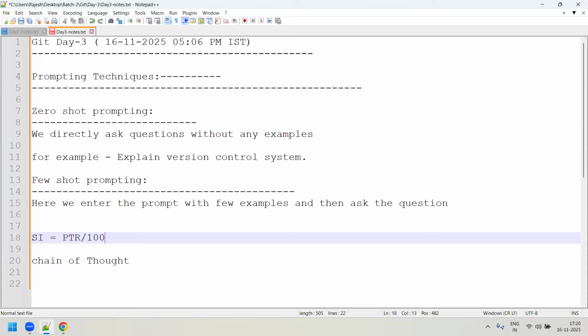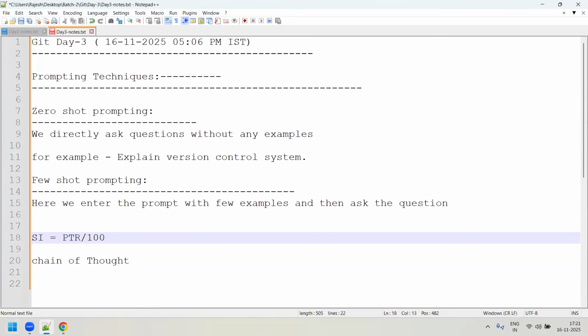Now let me try to write something here. So Rajesh, I have this formula. Now assume that I am the one who is giving money, and I fix the interest rate at 2 rupees. Let us see how exactly you can come up with the formula for this interest, like how much interest I might get.